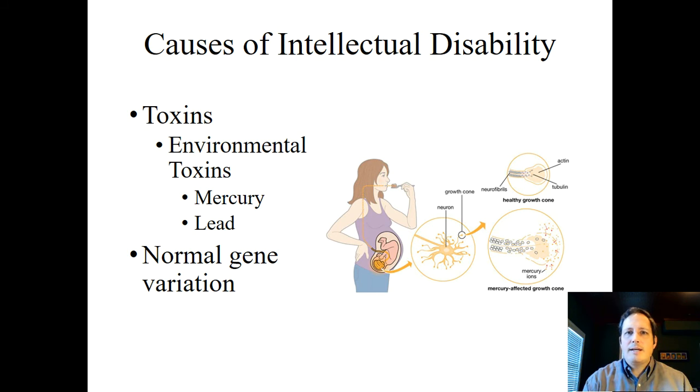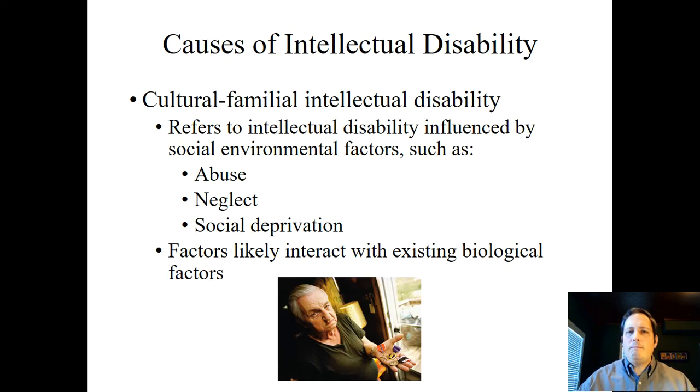And so a lot of times lower genetic potentials can run in families. It's also linked to issues such as poverty that can influence lower intellectual functioning, which is an interaction between genes and environment. What's referred to as a cultural familial intellectual disability. This is a case where you may have families that have a little bit lower intellectual functioning, and their offspring then also have fairly low intellectual processing and functioning, but it may not be low enough that we would call it an intellectual disability. That's where the social environmental factors can come in.